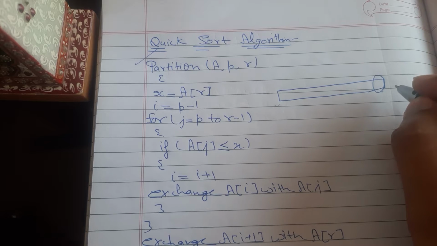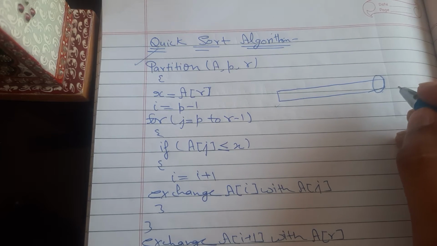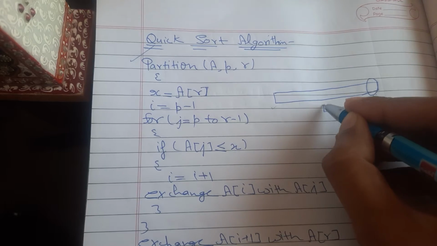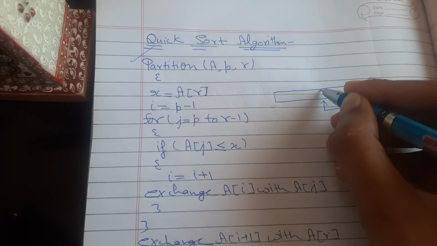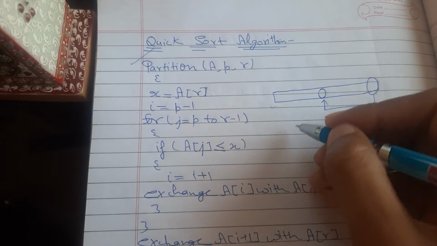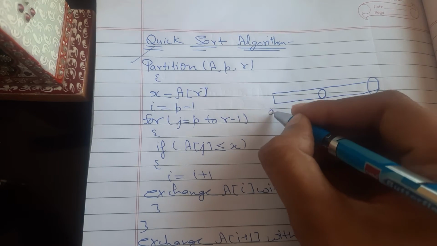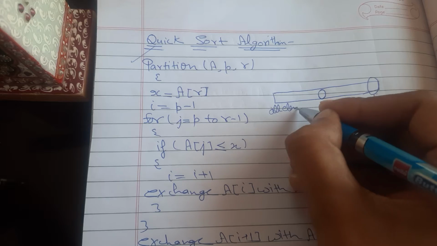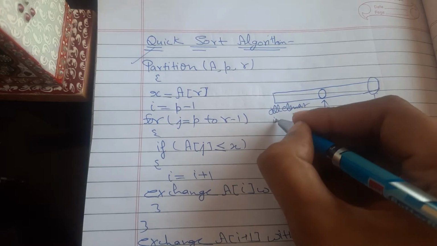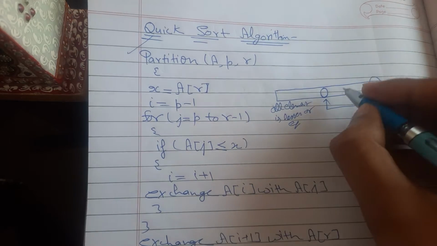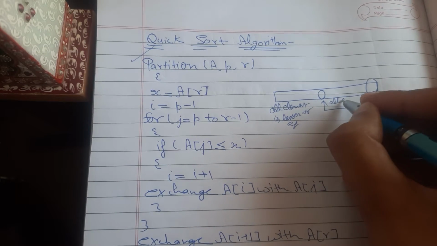Given an array, quicksort takes an element and puts it in the right position, and on the left side are all the elements lesser or equal to it, and on the right all the elements